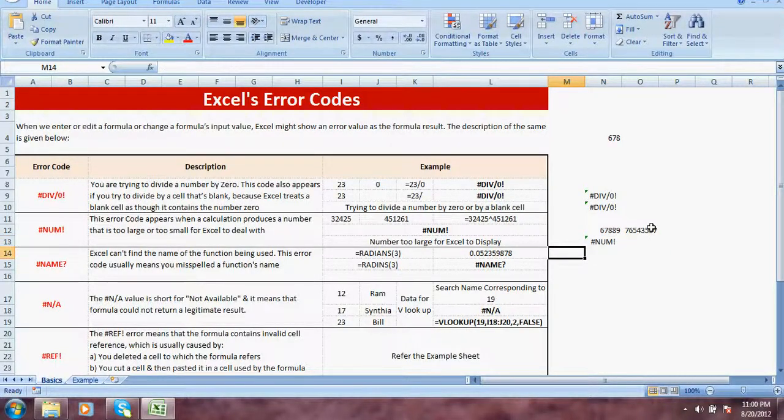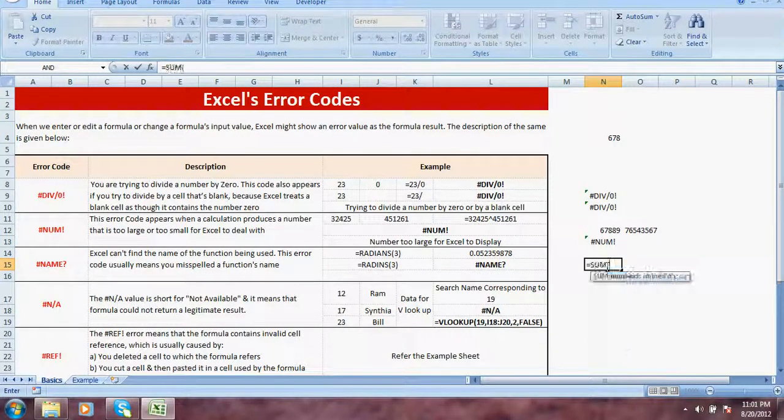Now third one, #NAME? error. This is basically when we have misspelled the name of a function; in those scenarios this kind of error will come. Suppose we have to add a few numbers. If we put SUM 56 45 34 and press enter, we get the correct sum.